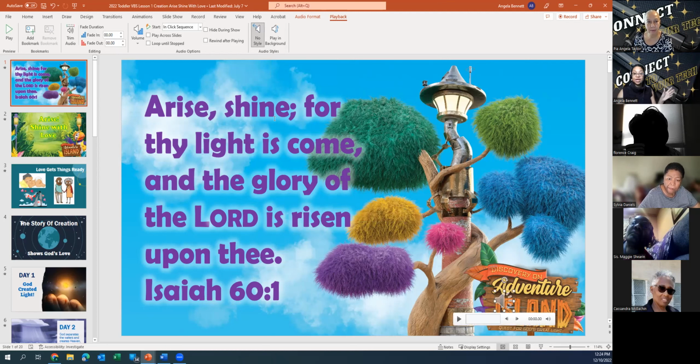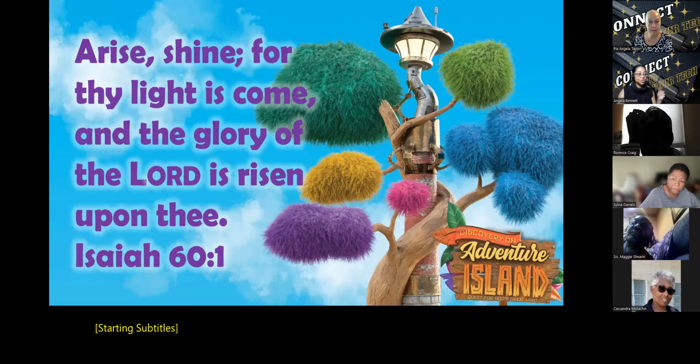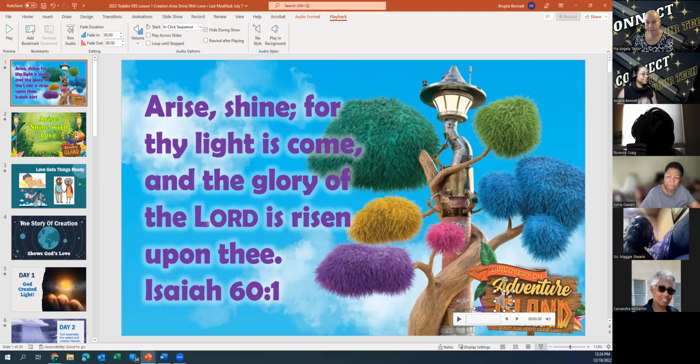If it's just going to play and you don't need to be bothered with it, then I would select hide during show. When I click that and go live with my show, you'll see that the speaker is nowhere to be seen. Right. Okay. Cool. And it will start when you click the slide, unless you change it to automatically. So most of the time for the kids, instead of up top on the ribbon where it says in click sequence,